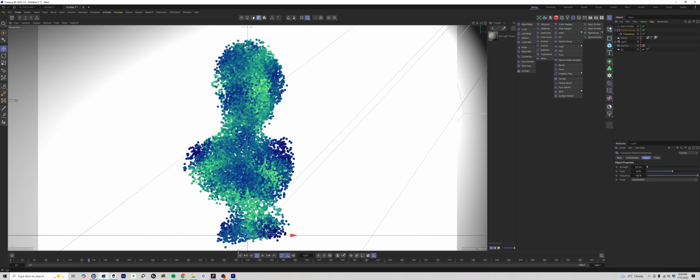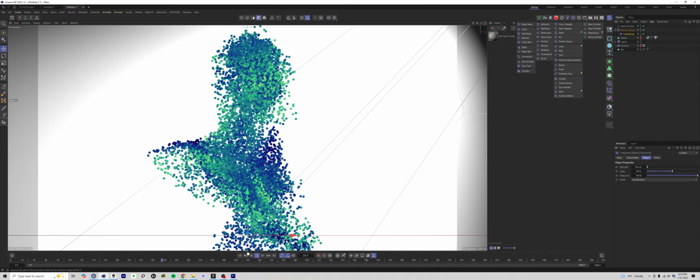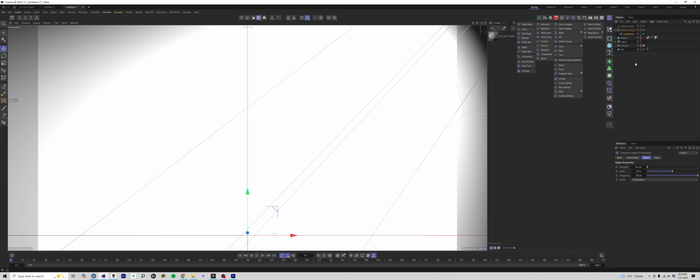And they start moving. Of course, they're gonna move outside of the geometry of the statue because they don't recognize that yet, but that's where the surface attract will come in. So let's do that. Let's click on the particle group, hold shift, surface attract. Let's put that to the bottom. Let's keep these by default the same. If I press play,